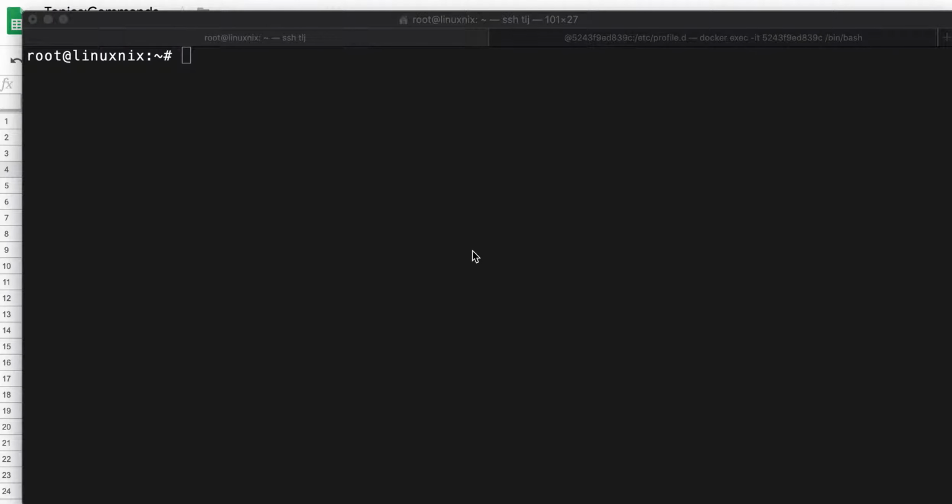A simple command which doesn't take much time to understand. The command is clear. It's mostly useful for clearing your cluttered terminal screen. So suppose you execute many commands